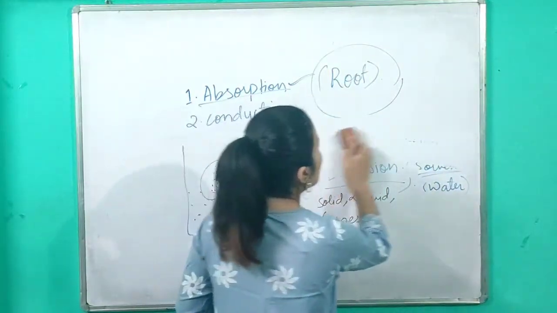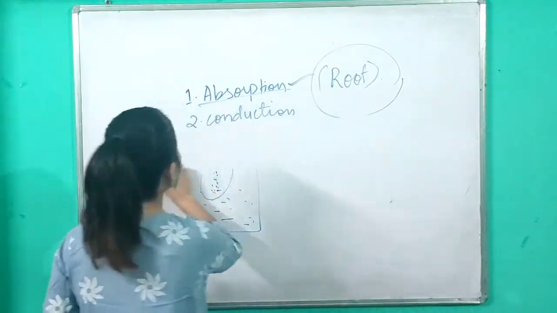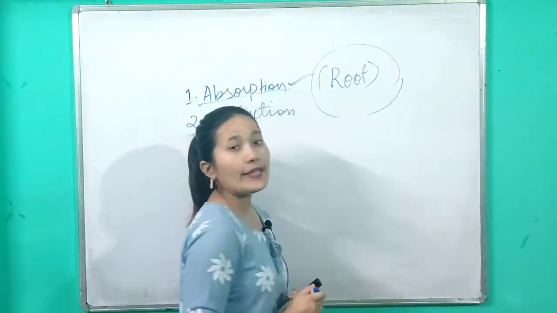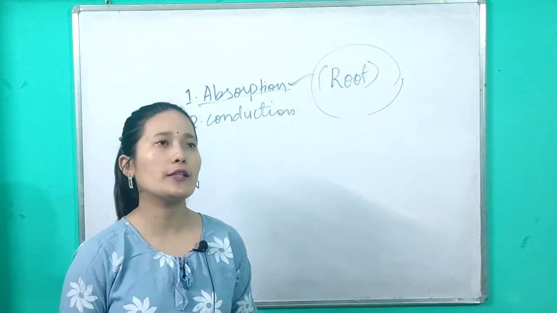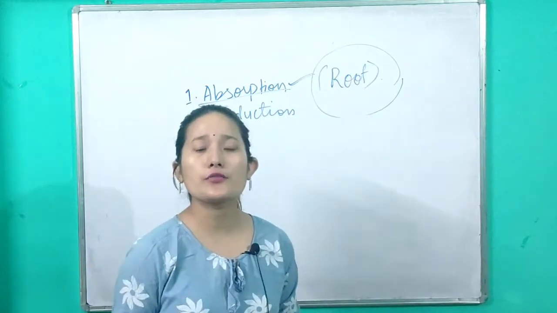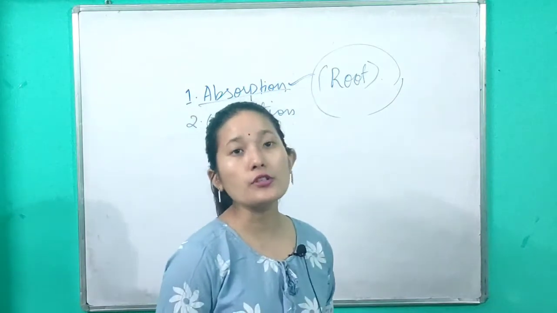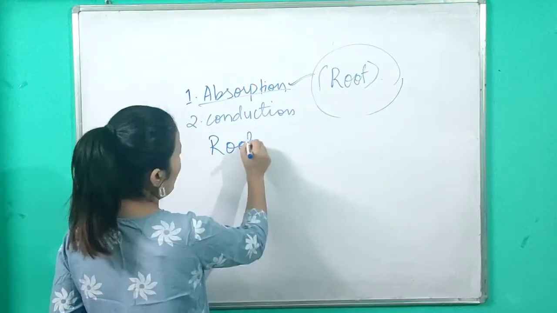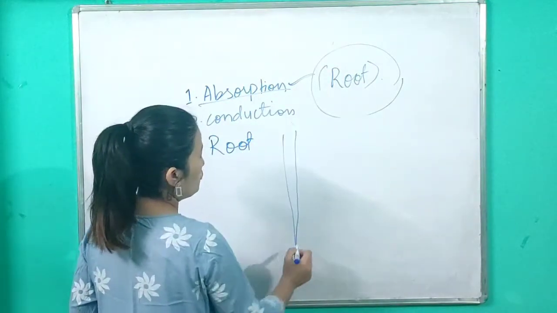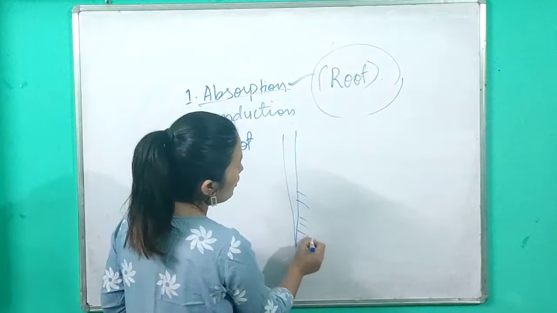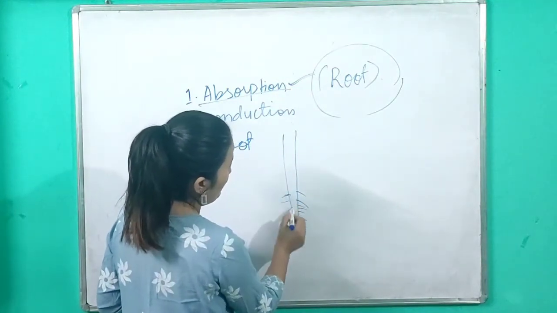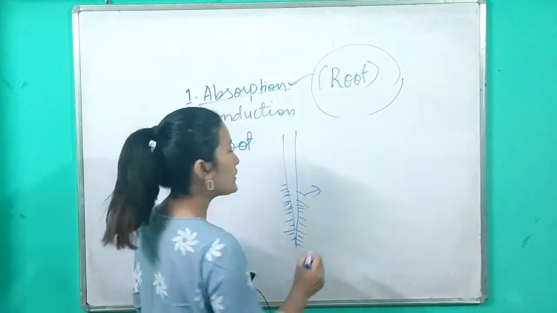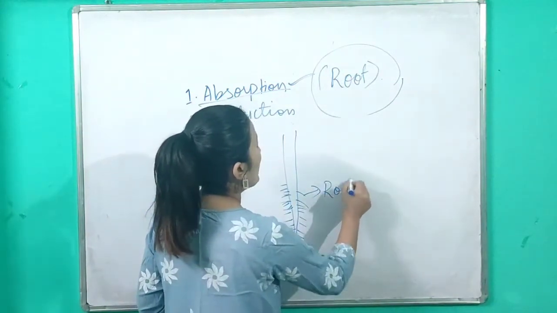Now let us discuss the characteristics of the root which help in carrying out osmosis and diffusion, by the process of which the water and minerals from the soil move into the plants. Now if you look at the root, I hope every one of you has seen a root. Outside the root you have small hair-like projections like this, right? Many hair-like projections. Now what are these hair-like projections termed? They are termed root hairs.